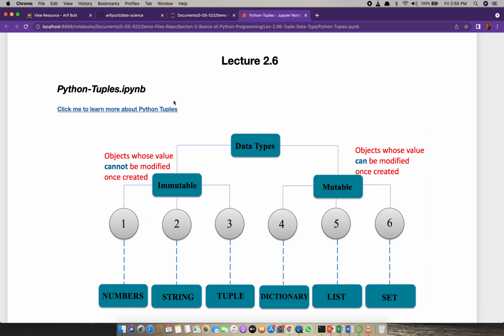Fine. My dear students, in the last session, that is lecture number 2.5, we discussed the list data structure of Python, which is a numerically ordered sequence of elements that can store multiple items of heterogeneous types and also allows duplicate elements.